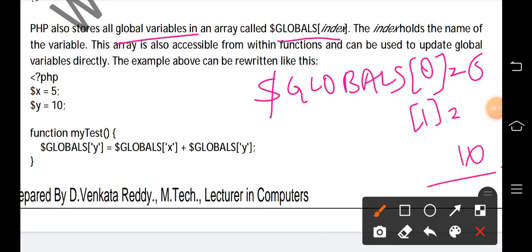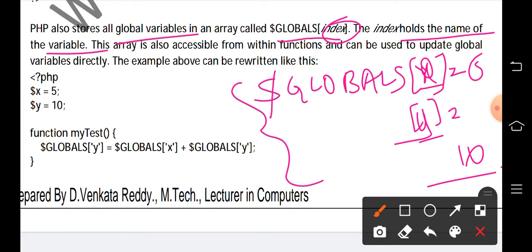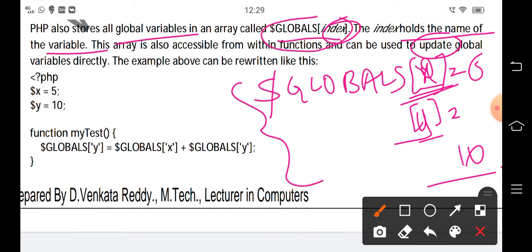The index holds the name of the variable, like x and y. This array is also accessible from within functions, and we can also update these global variables. All the global variables will be stored in the GLOBALS index array.